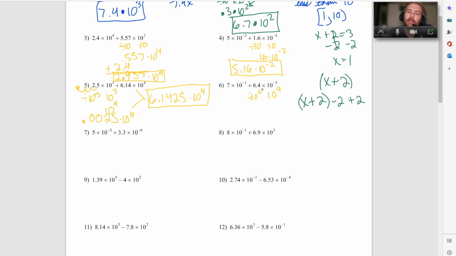Divide by 10 to the fourth power. Okay, so I'm going to move it 4 spaces to the left. That's 1 space to get past the 6, and then 3 zeros. 1, 2, 3 zeros, and then it had to get past the 6. Okay,